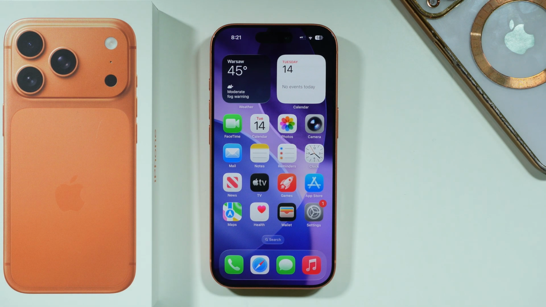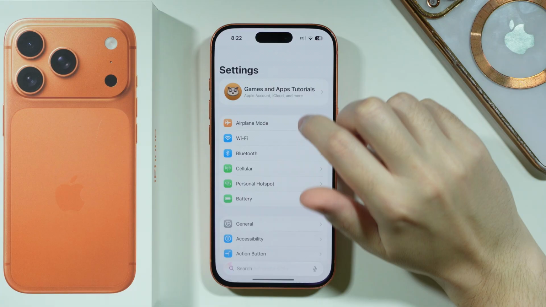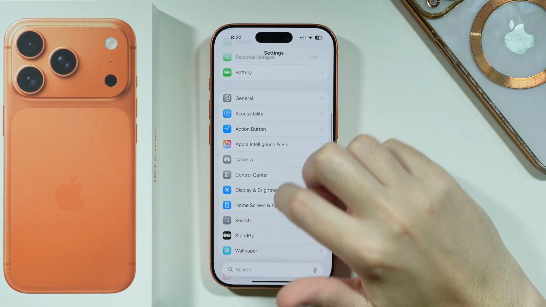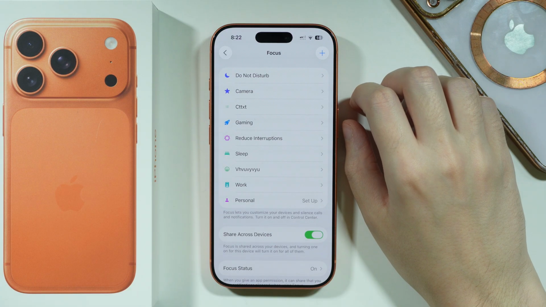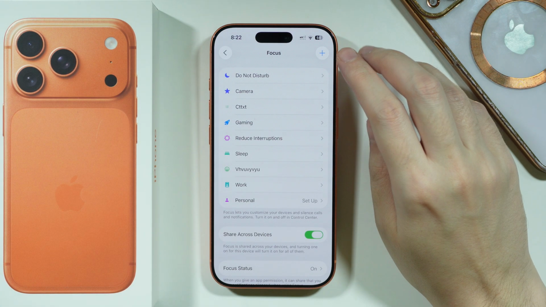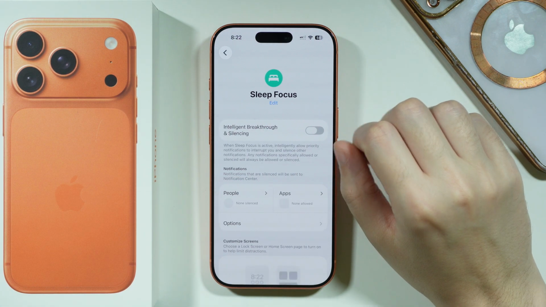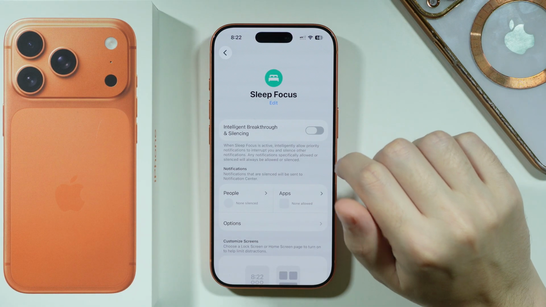If you want to set up sleep mode on iPhone 17 Pro or Pro Max, then in that case you want to open settings. Next, in settings, we're gonna scroll down until you find the focus option, and then in here you should be able to find the sleep mode, which in my case is over here. Now if you go here for the first time, you might need to set it up, so you can just